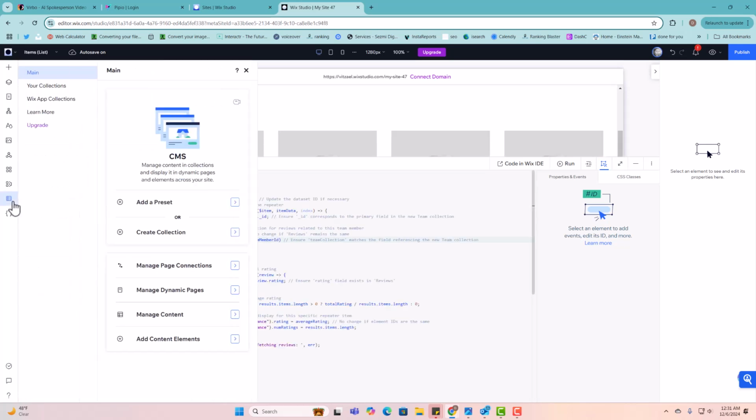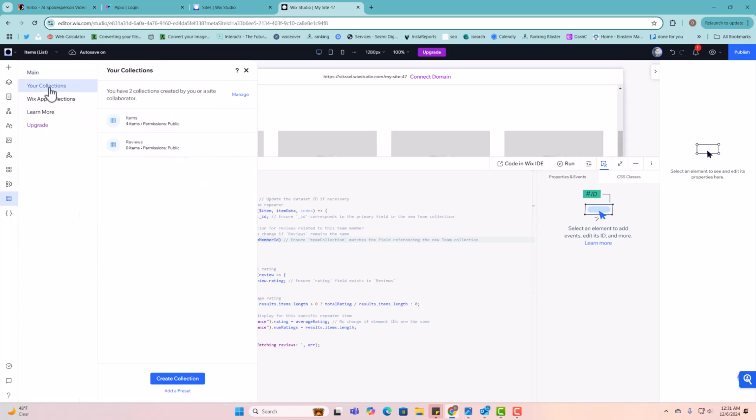Query reviews collection for reviews related to team member. So here, this one won't change because we're still using the same reviews collection. And then the team collection, this needs to change because now, if we go to our collections and then